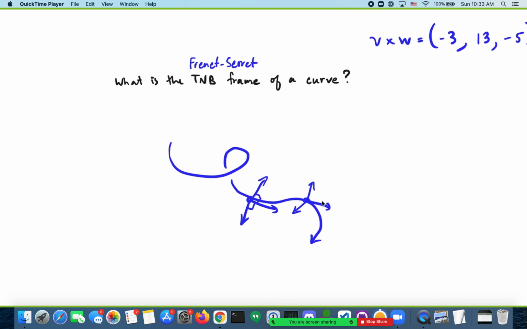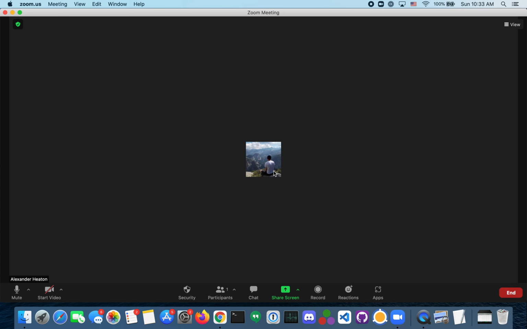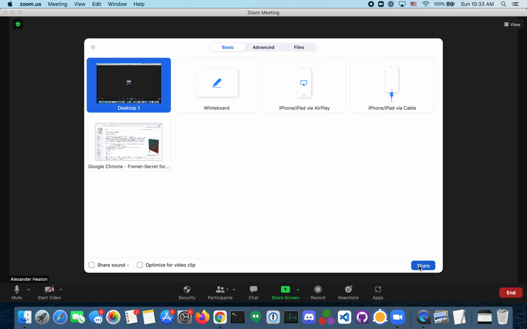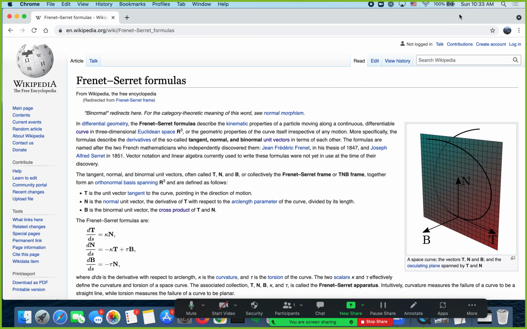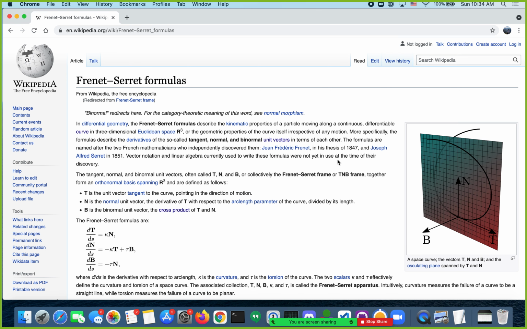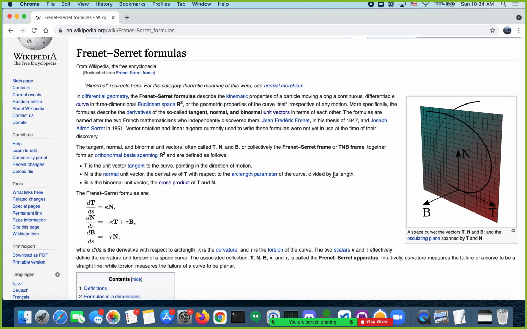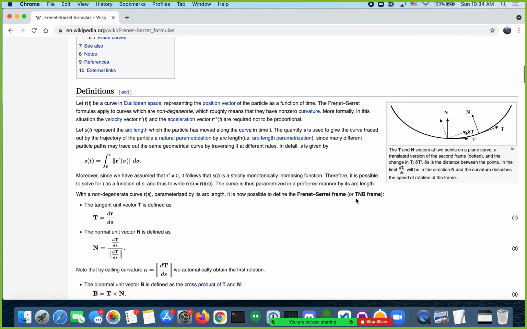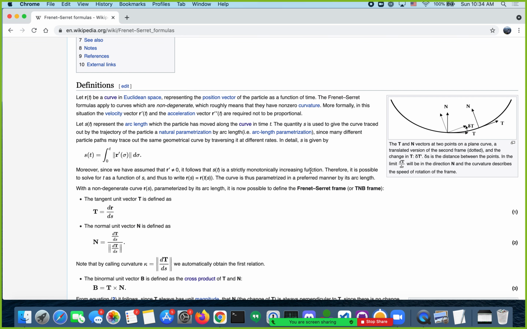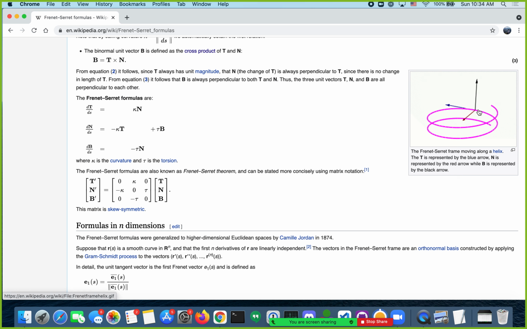And so the best way to see this is in an animation. So I recommend looking at the Wikipedia page, not reading it intensively because there's a lot of extra things that we won't need, but here's the TNB frame of this curve. And you can see how it sort of moves around with the curve. And oh, here's a nice animation of the TNB frame. So it's like if you were actually in a spaceship traveling on this curve, then